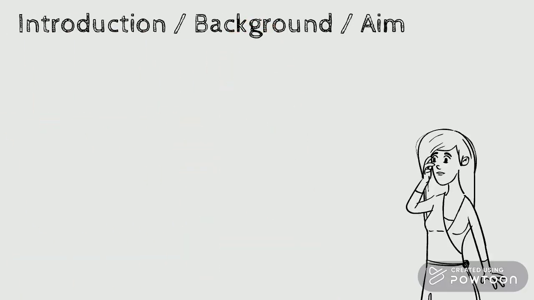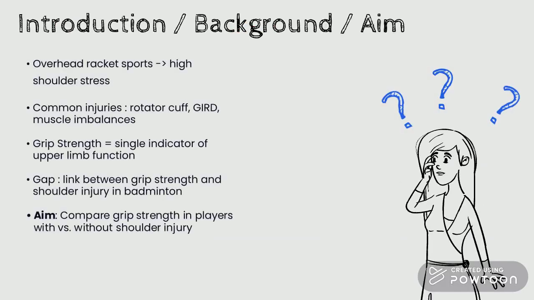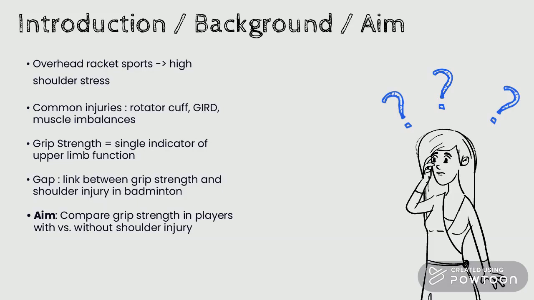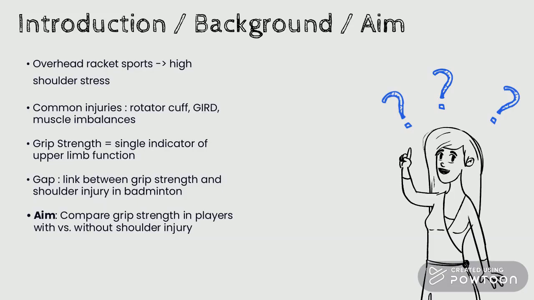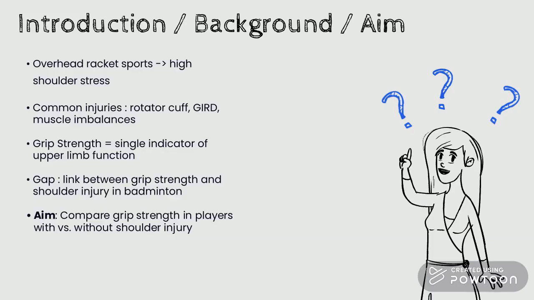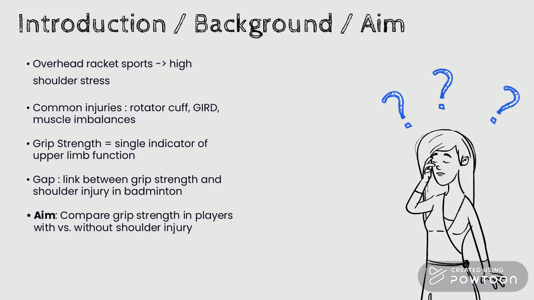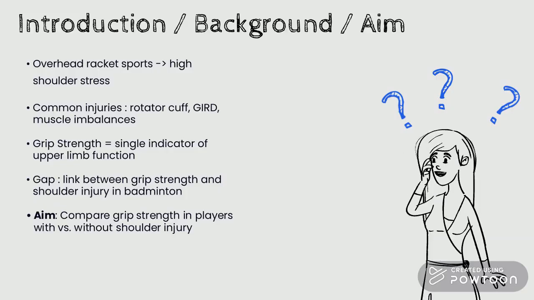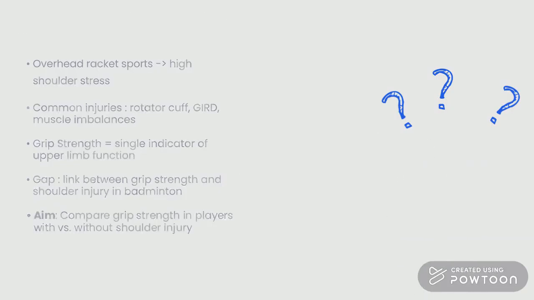Badminton is an overhead sport that places a lot of repeated strain on the shoulder complex. Shoulder injuries are very common and can lead to pain, reduced function, and decreased performance. Previous research has linked shoulder injuries to muscle imbalance and reduced internal rotation, but we still do not know if grip strength, which is a quick and reliable measure of upper limb neuromuscular function, relates to injury history in badminton players. So our study aimed to compare the grip strength of badminton players who had shoulder injuries to those who